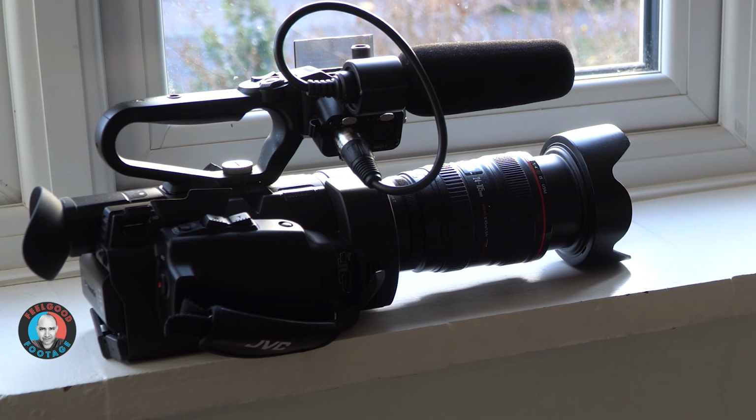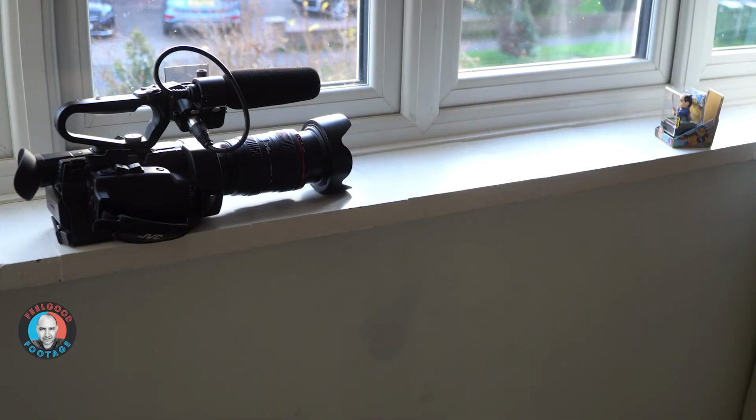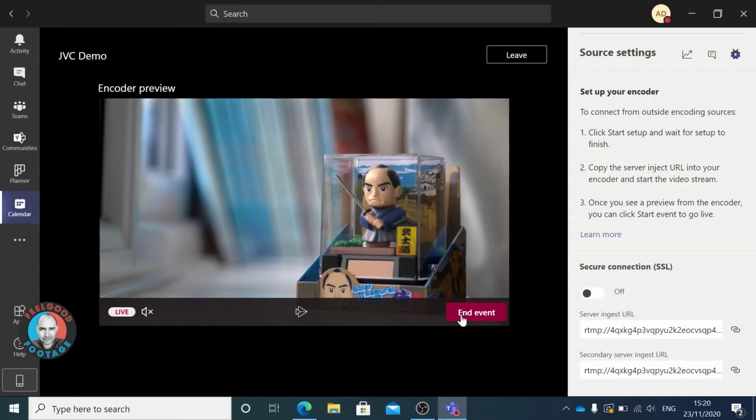Until you actually end the event, the server ingest URL remains valid though, which means you could live stream for 30 minutes from the camera, switch the camera off, wait an hour, and then resume live streaming to the live event. So the live event could actually be scheduled to run an entire day, but perhaps there's only content being supplied to it at the start and finish of the day.